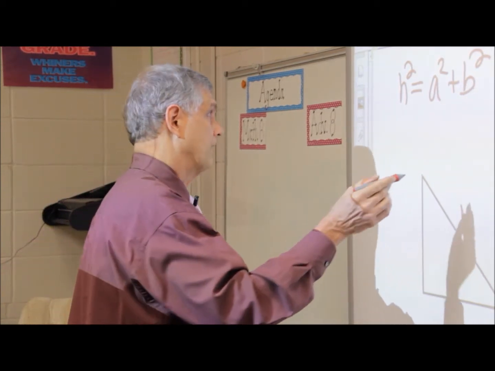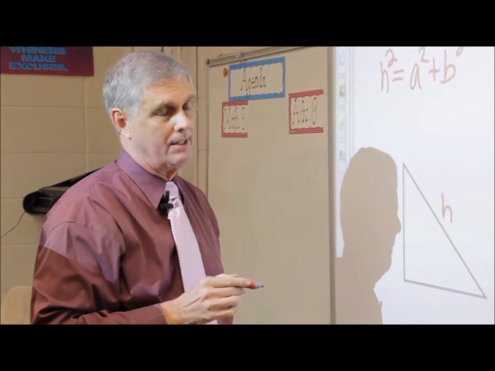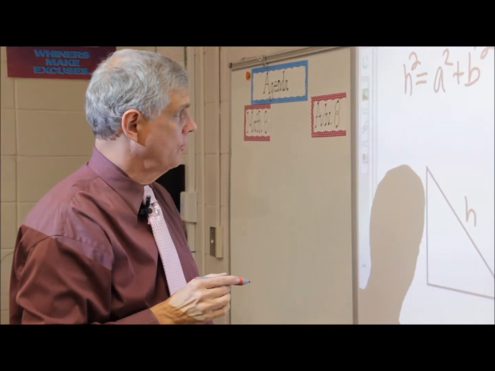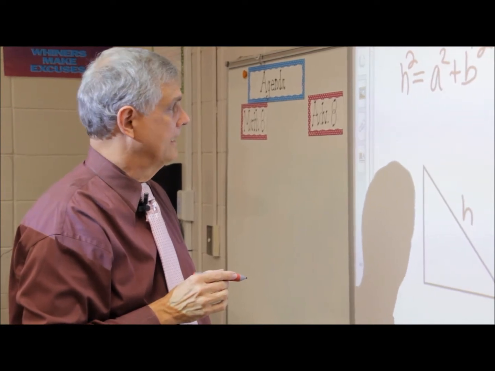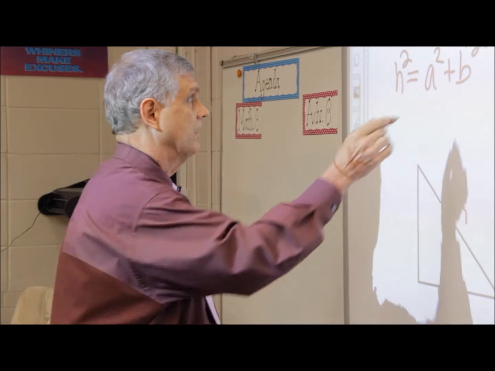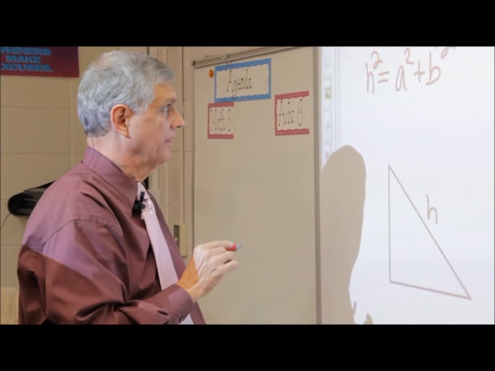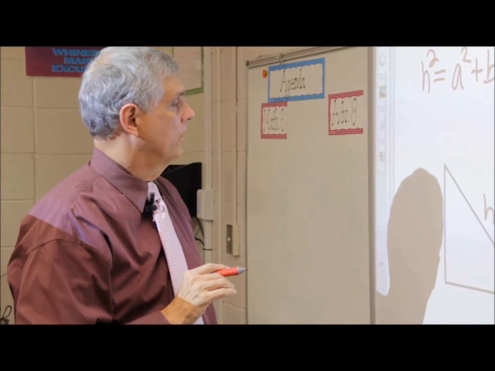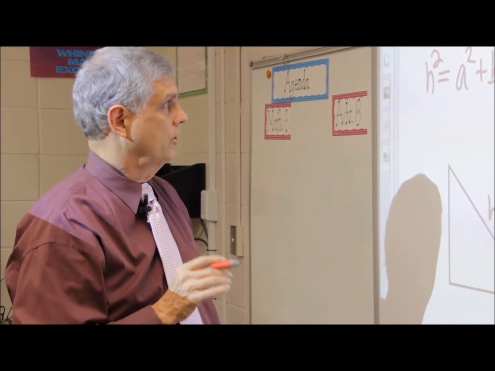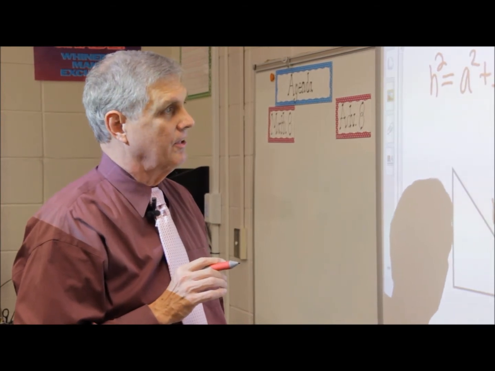You have to be careful that if they give you one of the sides and they want you to find the hypotenuse or the other side or whatever, you've got to make sure you watch your signs when you're going from one side to the other. But we won't do any of those problems right now, because what I want to show you here with regard to the Pythagorean triplet is that